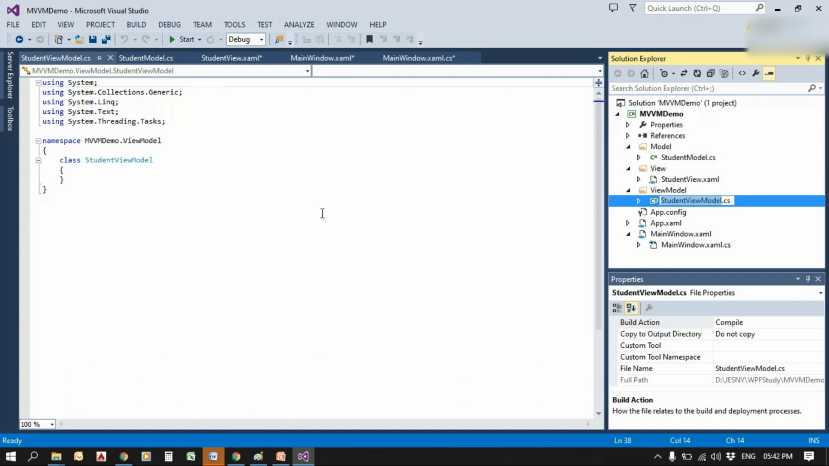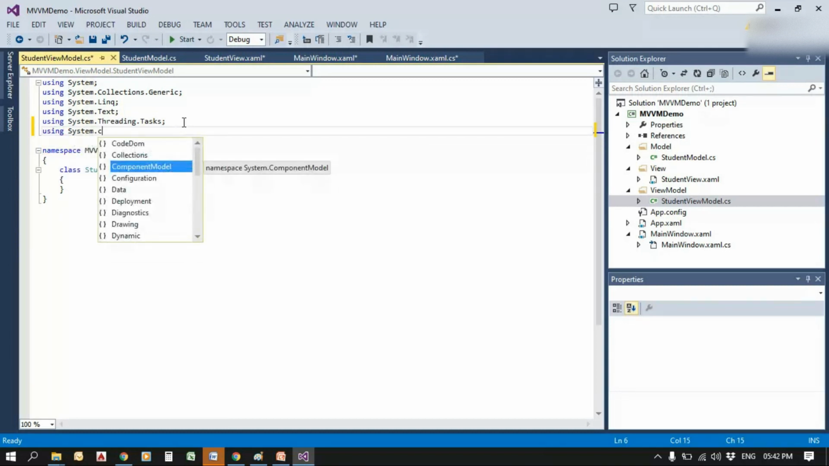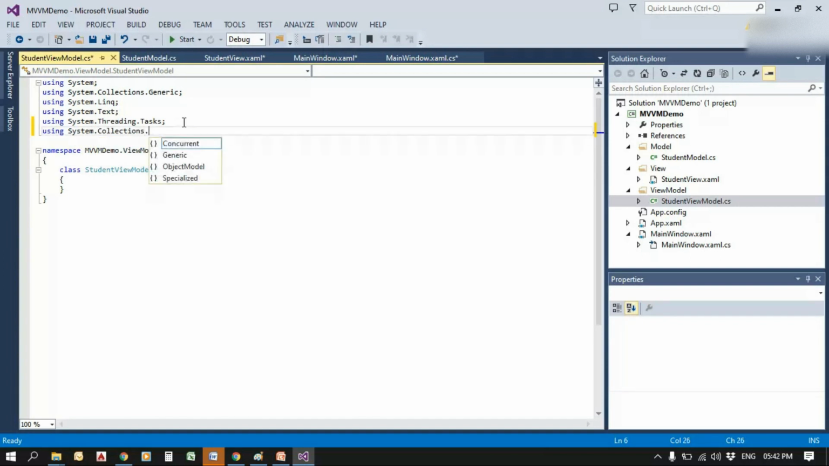Next we need student view model. We need to write the code for student view model, which will be the presentation logic, so that we can show it in the text box. That code should be written over here. So for this we need a directory which is